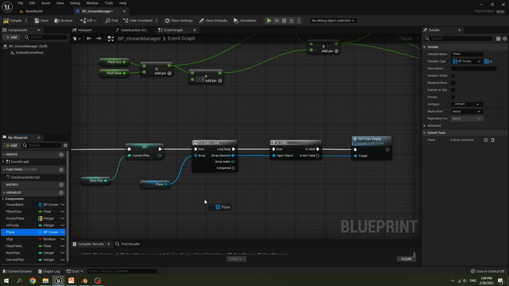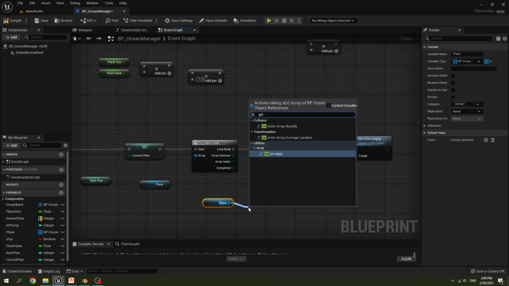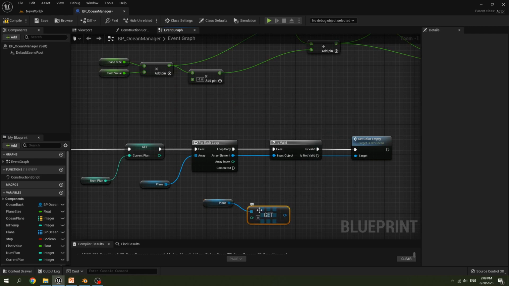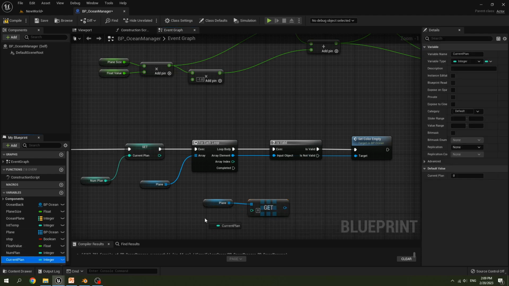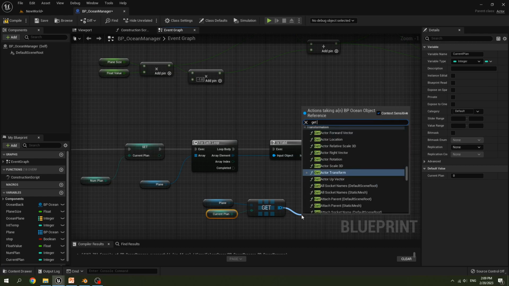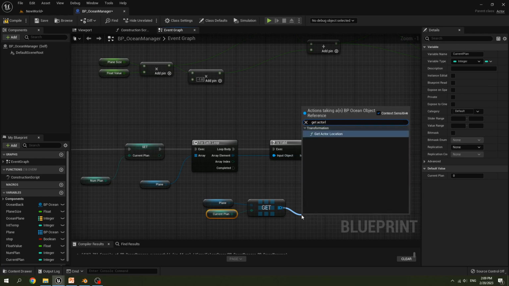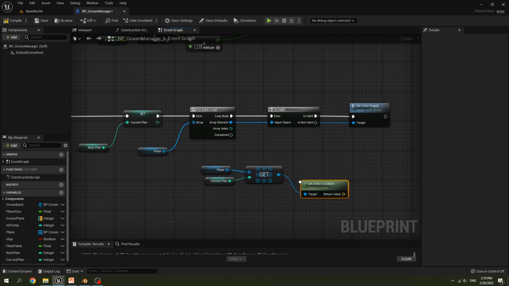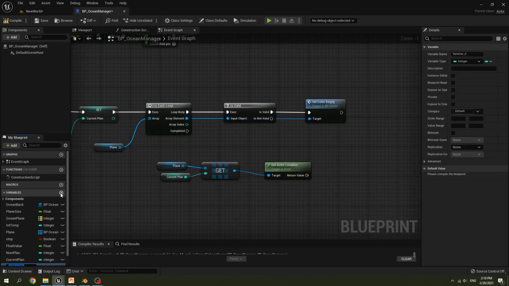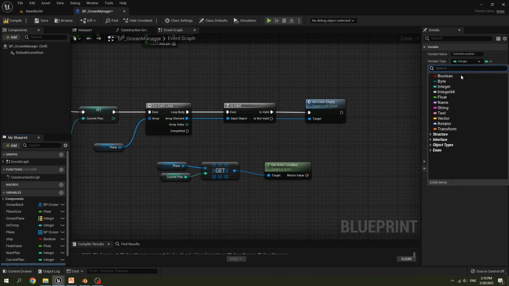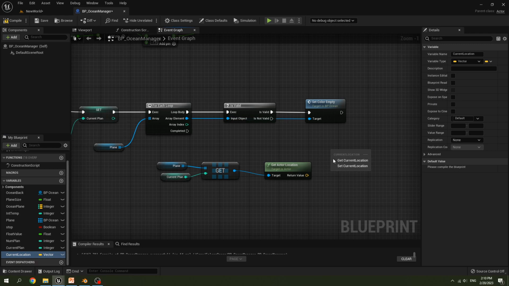Get the plane array, then get a copy, get our current plane, and get actor location. Create new variable, name it current location, set variable type to vector, then set current location.